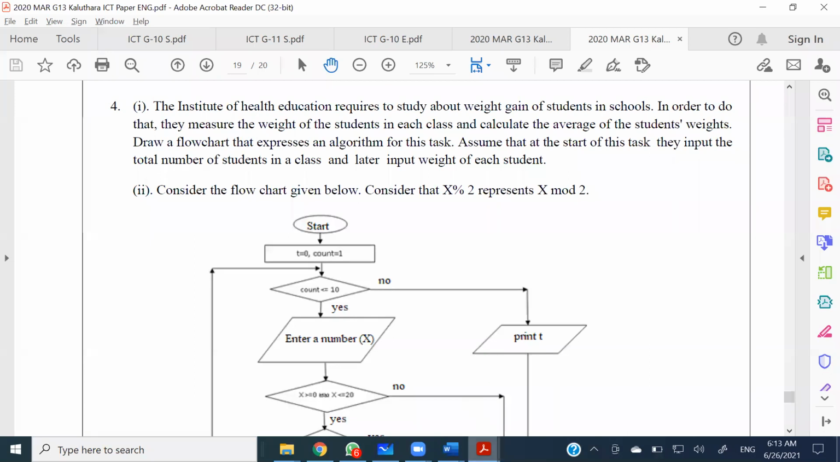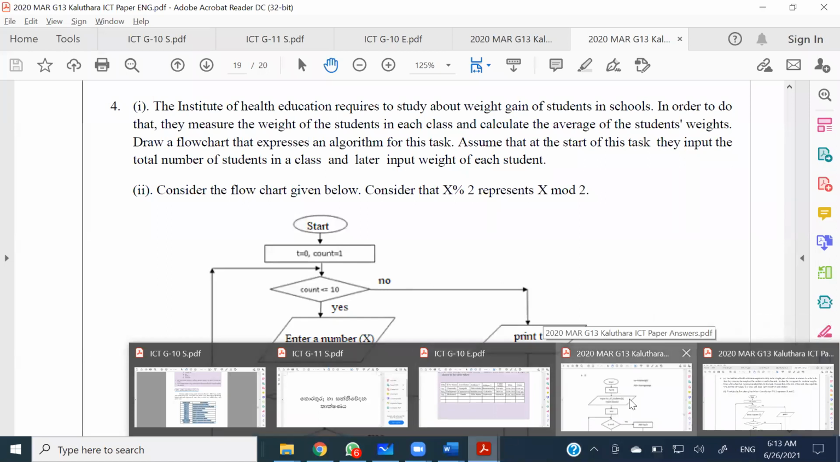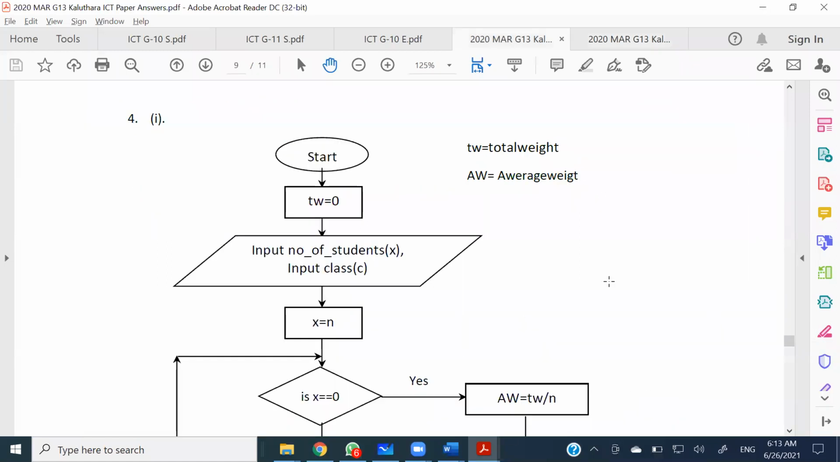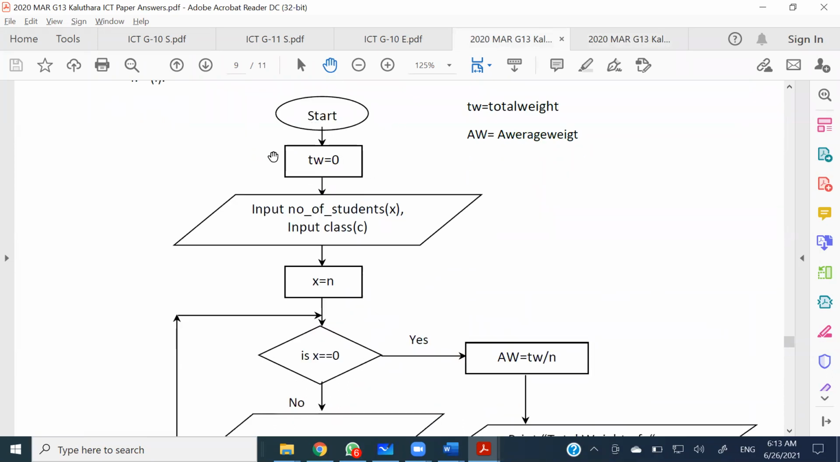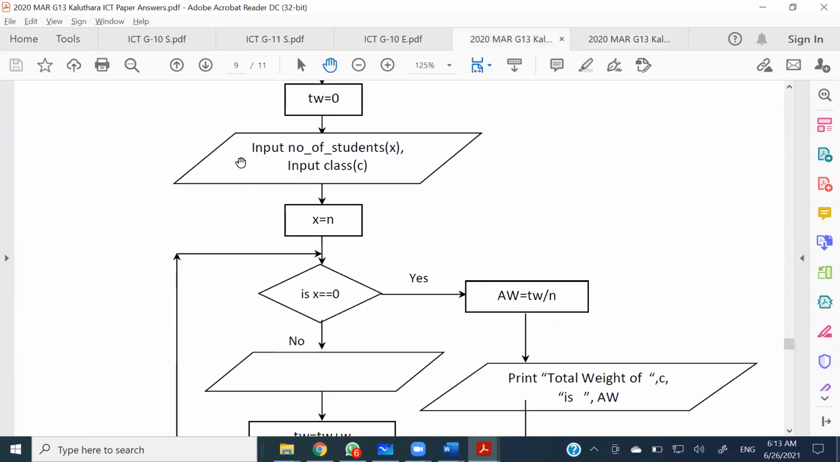So let's go and see how the marking scheme has taken things. They have considered TW, the variable, as the total weight, which equals 0. And as they say, they input the number of students at the beginning. So they consider the number of students as X, and it's better if you write it like input number of students and consider it as X, right? And then